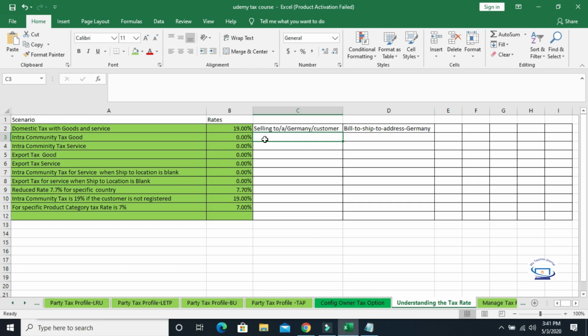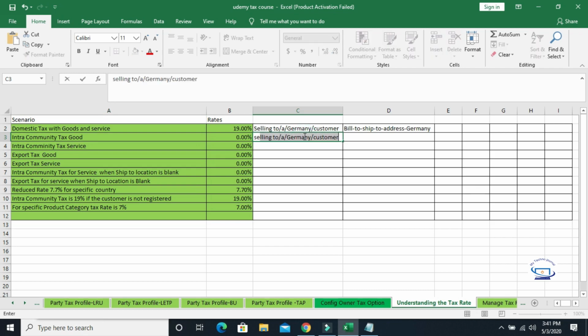So if our business is selling something to these members of the European community, then it will be intra-community tax. So in this case, the standard tax rate will not be applicable, and a 0% tax rate will be applicable for these intra-community members.